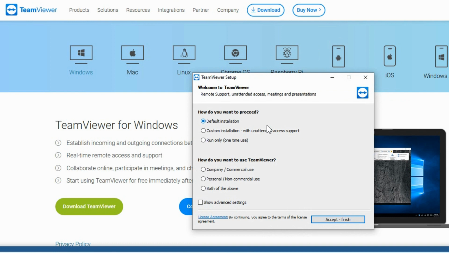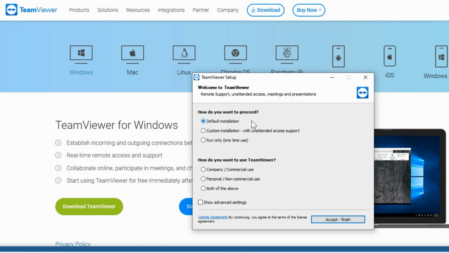So when we get to the point of choosing these options, on the remote computer we were choosing unattended access. We're not wanting to remote into this computer, we want to remote from it. So we can either say run once if we're only doing this one time, but realistically what you probably want is the default installation, so it will have it installed on your computer, so you could use it for remoting into or from.